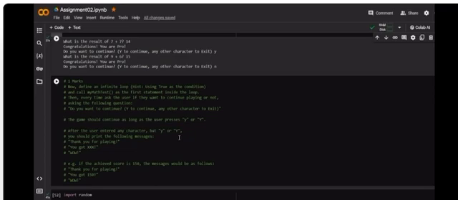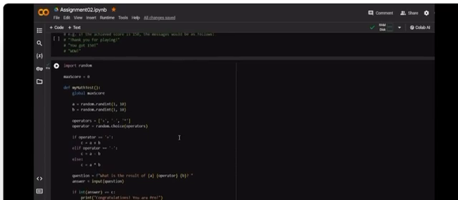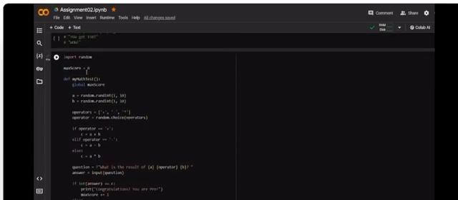For this part, it says now define an infinite loop. For an infinite loop, if they ask a question and the answer was right, it's still going to ask me for another question, like do you still want to continue, like a loop. If I continue and the answers are correct, then it's going to give me the sum of what I answered correctly. But let's see how this works. This is the code for that.